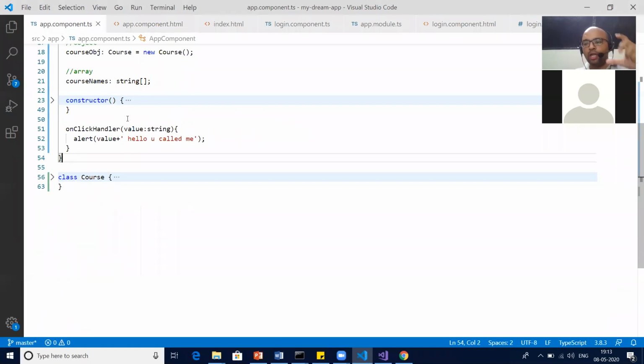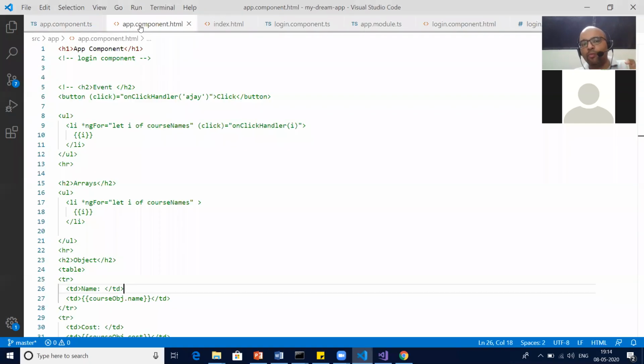Because we want the login component to appear inside the HTML, so that is why we will pick app.component.html to load the login component.